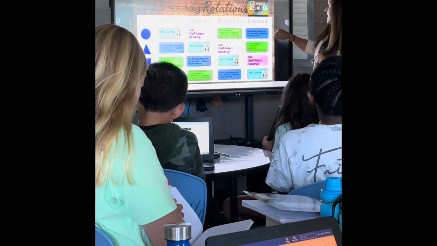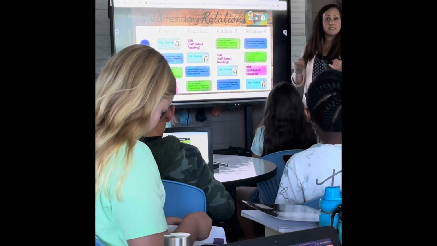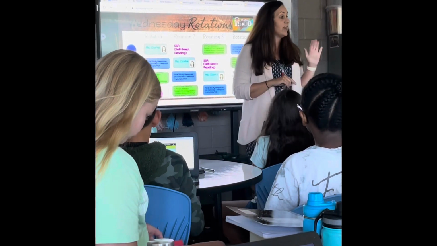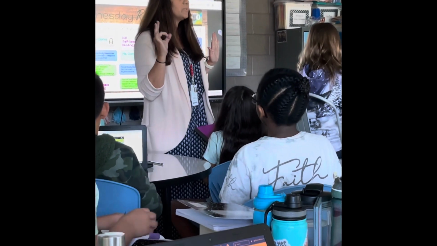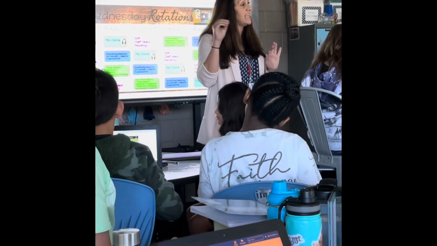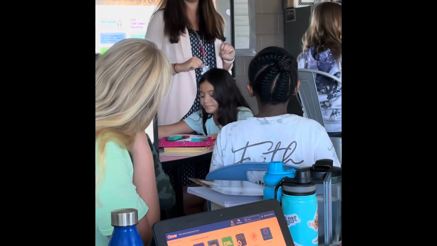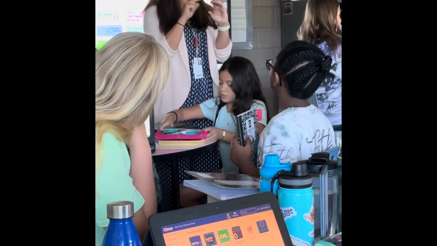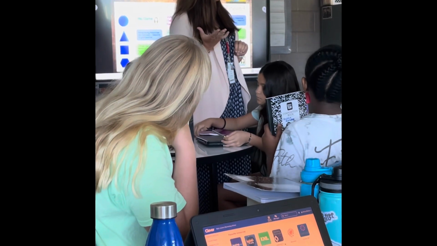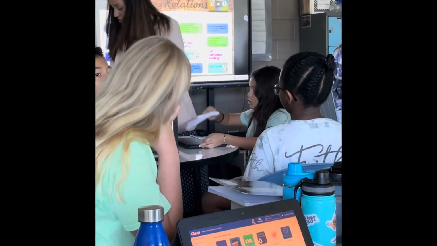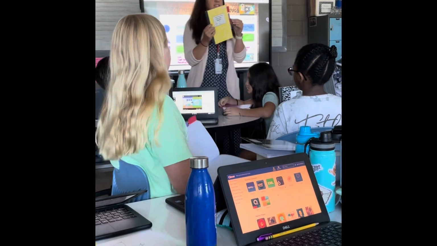And then your rotation number 4, or for some of you your 4th, is a novel study. So on Canvas, when you log into Canvas and go to the reading button, which button? Reading. Once you click on reading, it takes you to your group. If you're the circle group, you're going to click on circle. If you're the triangle group, you're going to click on triangle. It will give you something that you have to respond to in your reading journal. So in your reading journal, you have novel study.